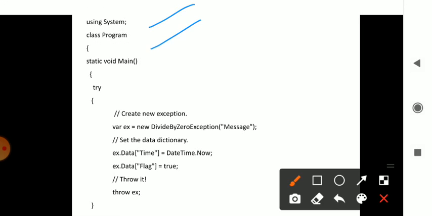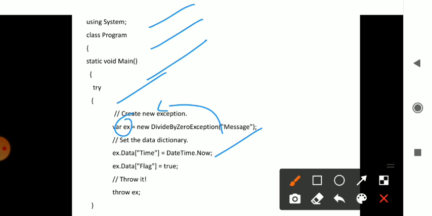Using System, class Program, main method, try block, a variable called ex is taken, which will generate the exception if any problem is there and print the message on the screen. When the exception is generated, it also has to print the date and time, which is obtained through ex.Data.